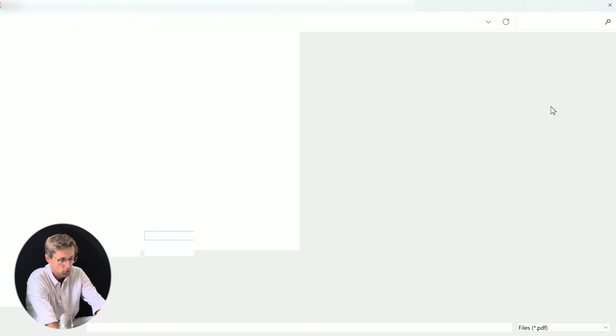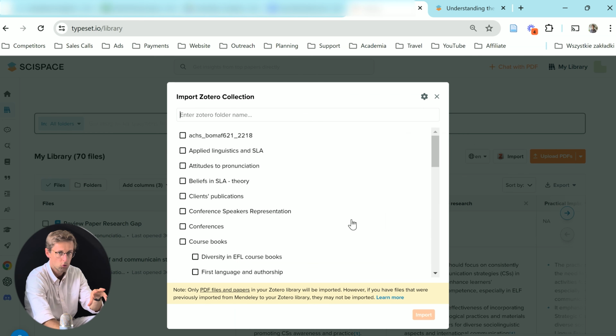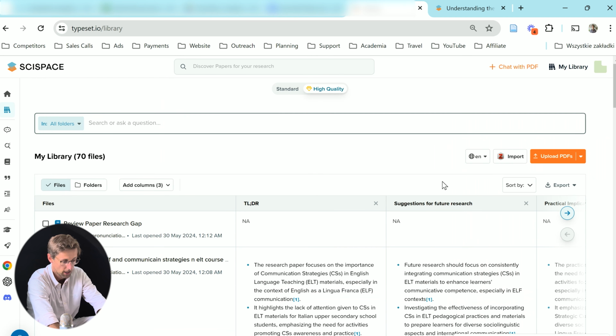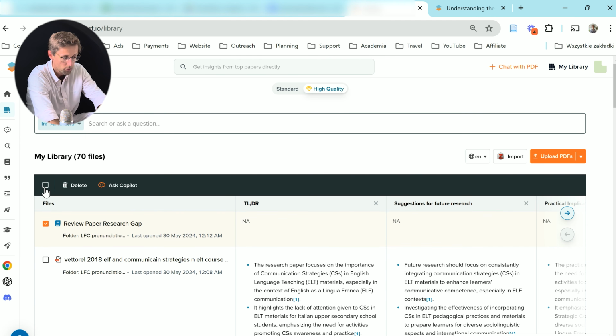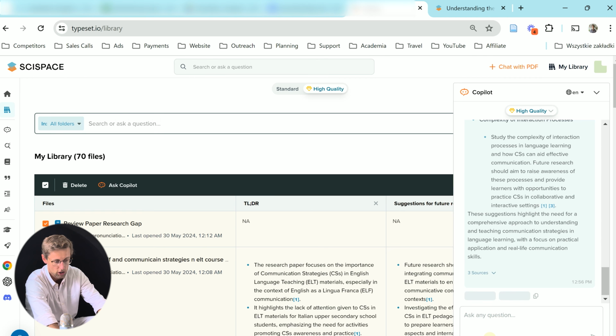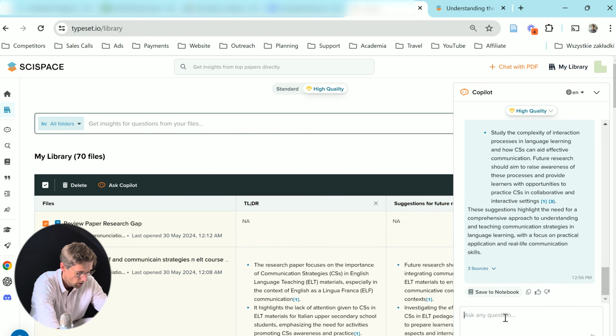What you can also do is connect Zotero. So you can just import them from Zotero as well. Okay, and it will prompt you to connect Zotero. I've already done it, so I can just import any papers that I've got in my Zotero library. But then once you've got these papers, what you can do in here is just select all the papers, or 10 papers, or however many papers you want to analyze, and then chat with AI about these papers. So let's say you could ask, what are